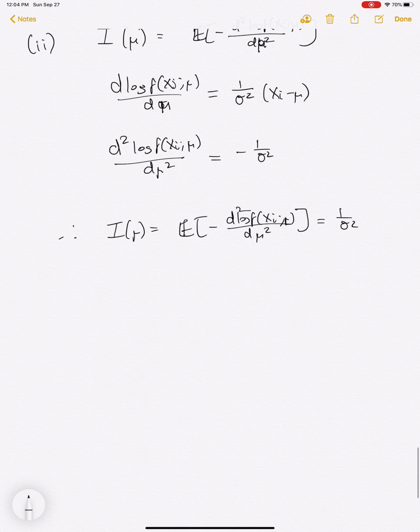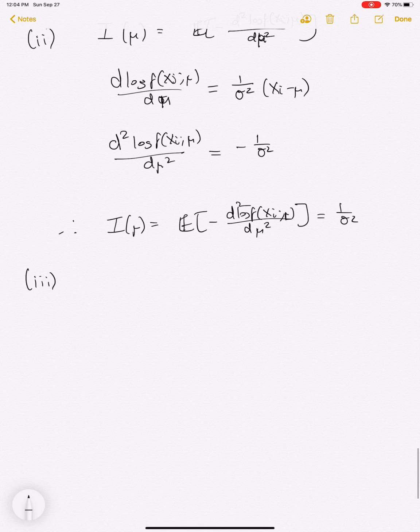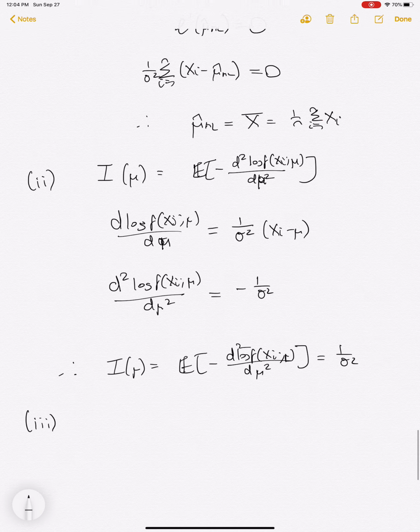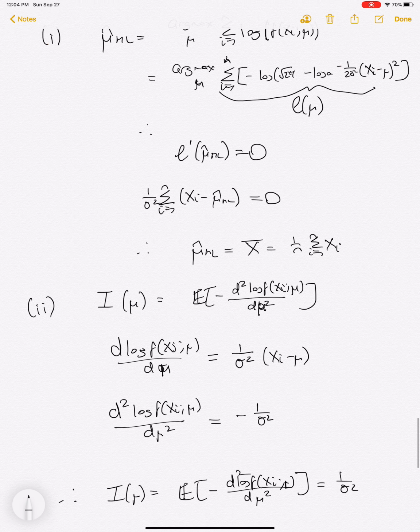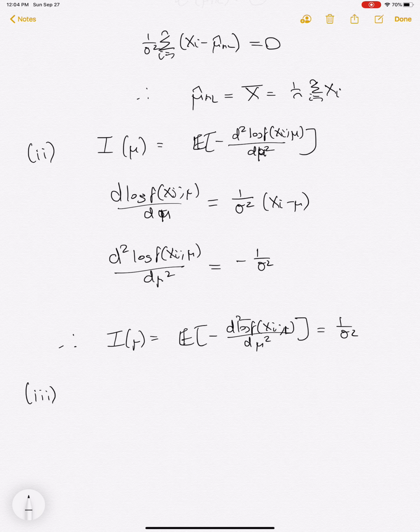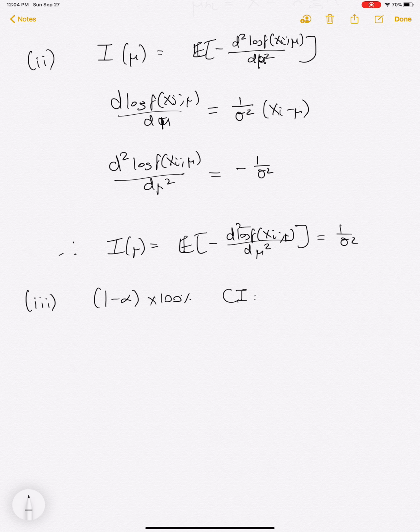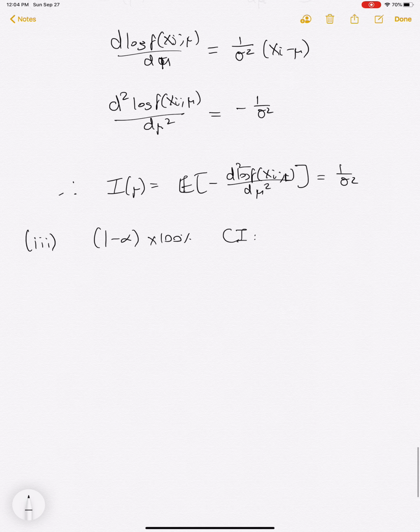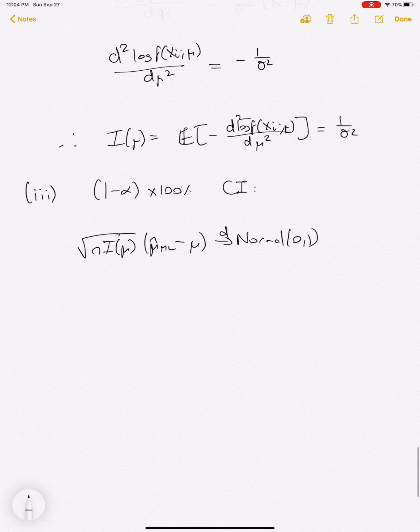Okay, and so for part 3, we're looking for confidence intervals. So we know that square root of n, and then we also know that, so this means that